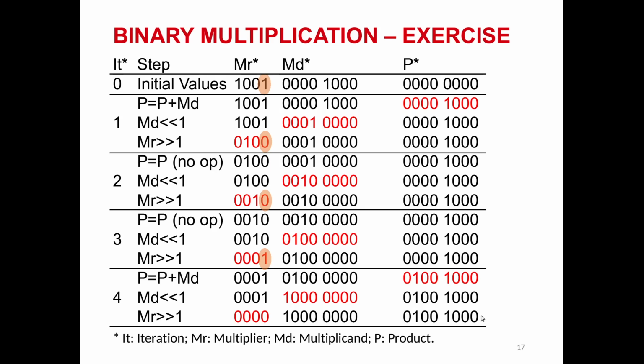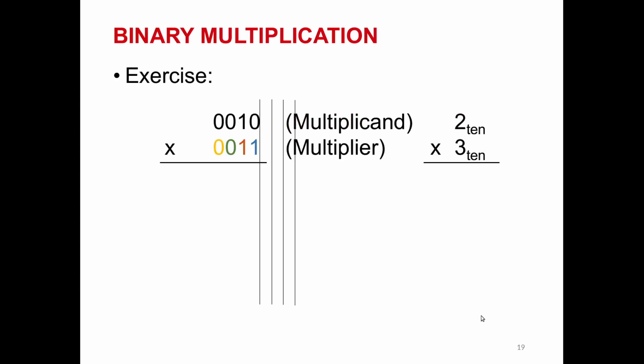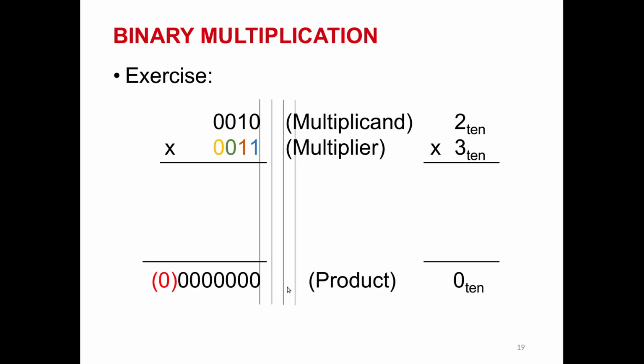Before going to our improved hardware, I will come back again to our exercise with some change in the way we do the multiplication, so that you can easily understand the improvement in our hardware. So now we know the same as before. We will multiply each bit of the multiplier with the multiplicand, and then we add it to our product, which is initially 0.